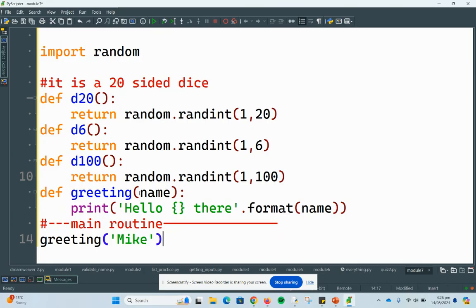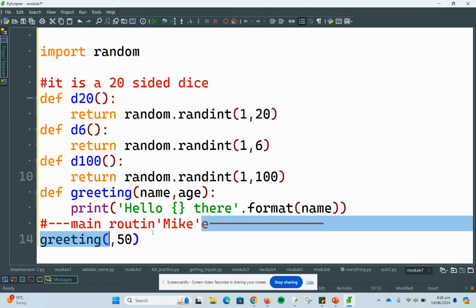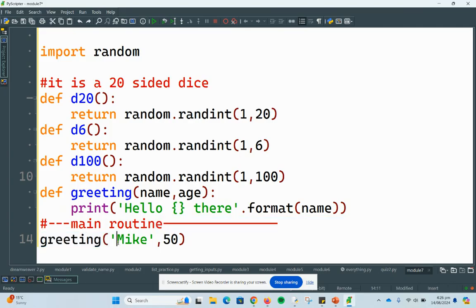Okay, so this has no return, but it has a parameter being passed. What happens if we want to pass a second parameter, like Mike's age, 50-year-old Mike? We can pass it up. So we can pass two things up, comma separated, and this time I'll put an age variable. So the 50 is going to go into the second one. Mike is going to go into the first one. And now if I want to display age, I can go,